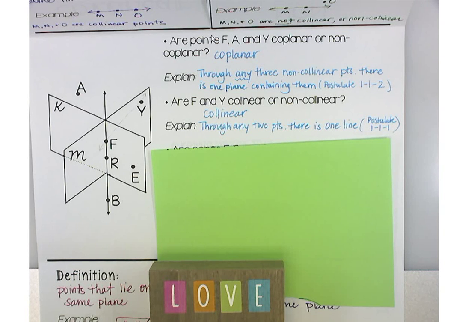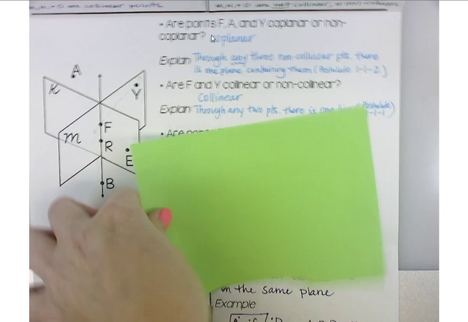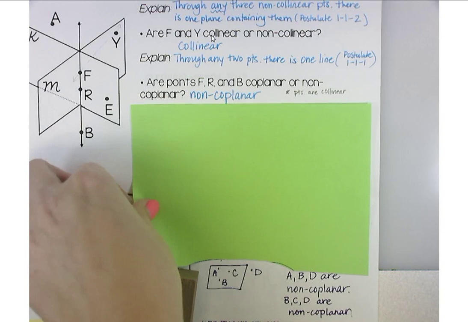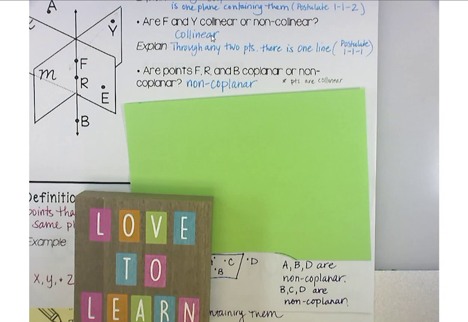So if you had 3 points and one of those 3 points was not on a line, that's when it would be non-collinear. Okay, so the next one says points F, R, and B, are they coplanar or non-coplanar? Okay, and I said that they were non-coplanar. So if you look at F, R, and B,